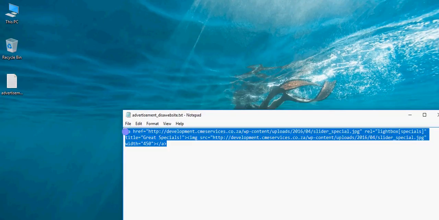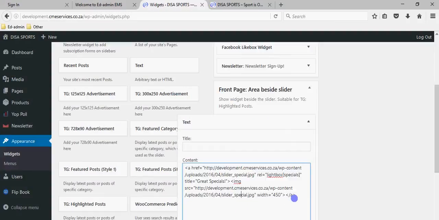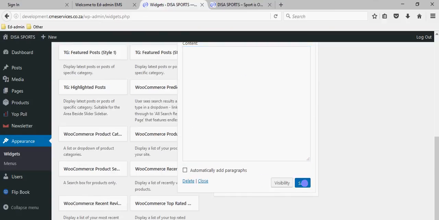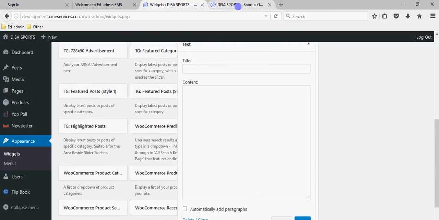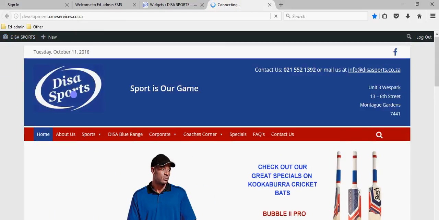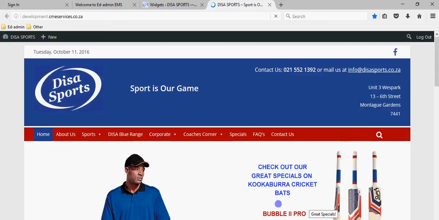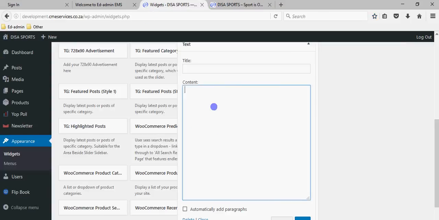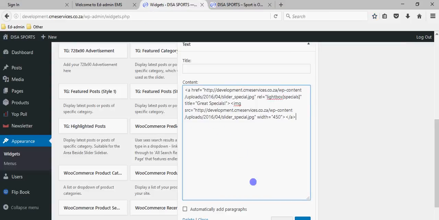There it is. So you can simply copy this and go back into your website, and if you want to get rid of this, you can simply delete it. And if I now save it, we're obviously going to have nothing here. Back on our Disa site, it's going to get rid of this. So you'll see it's disappeared now, and you can just go back in here and paste it again